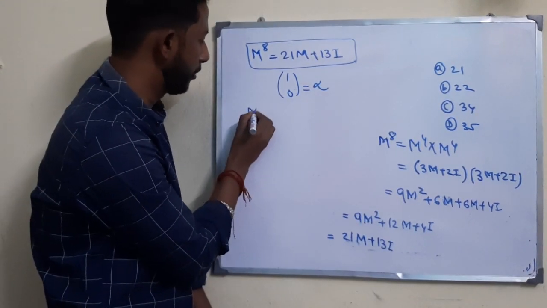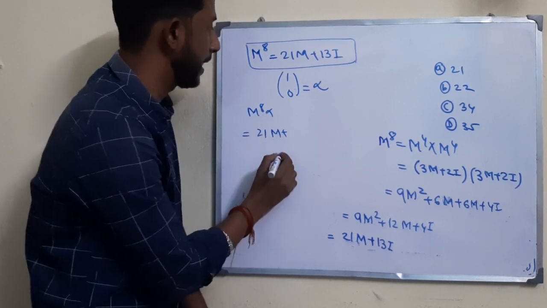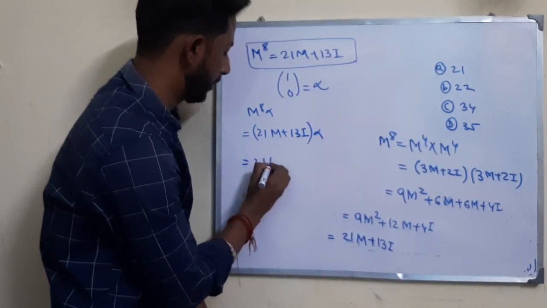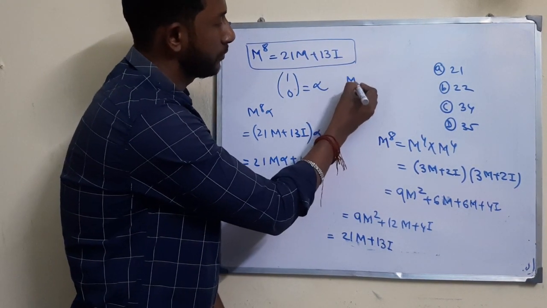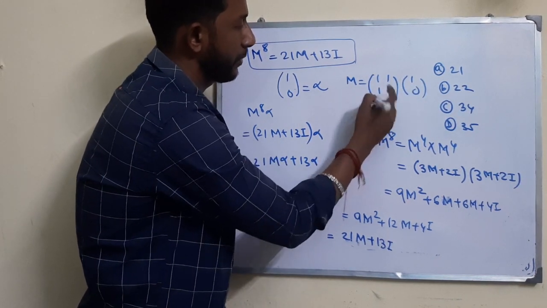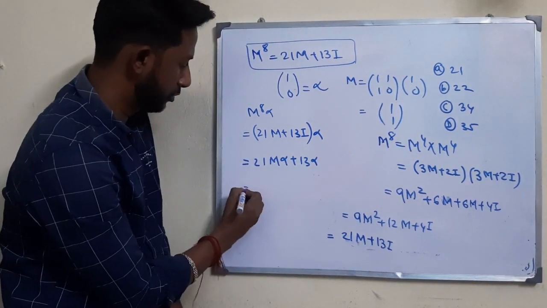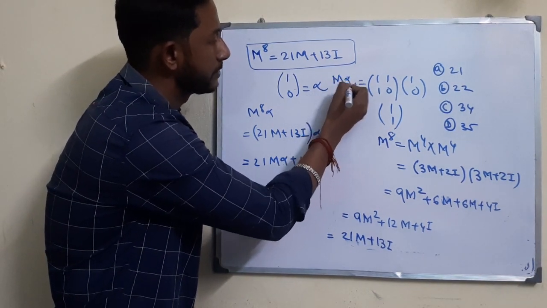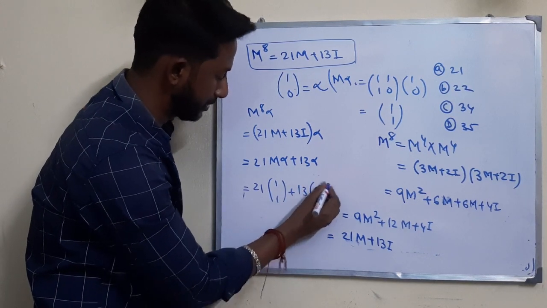Now we have to find out the value of M to the power 8 alpha, which is equal to 21M plus 13I into alpha, which is equal to 21 M alpha plus 13 alpha. Now M is equal to [1 1; 1 0] and alpha is equal to [1; 0], so M alpha is equal to [1; 1]. So the value of M alpha is equal to [1; 1], so putting this in and 13 into alpha is equal to [1; 0], so